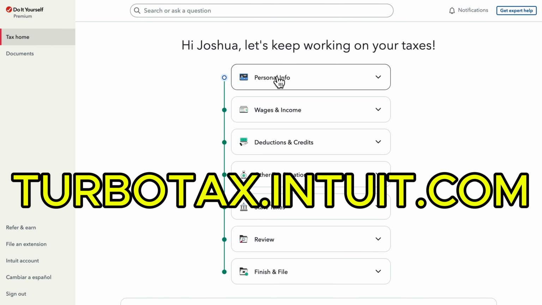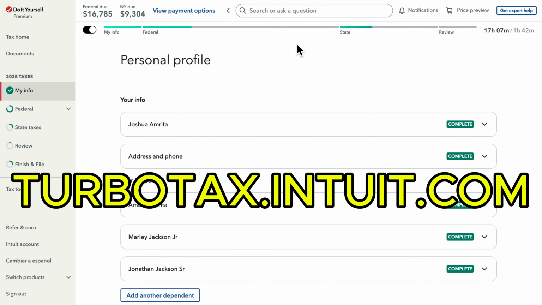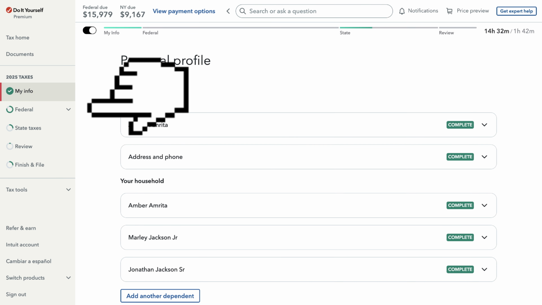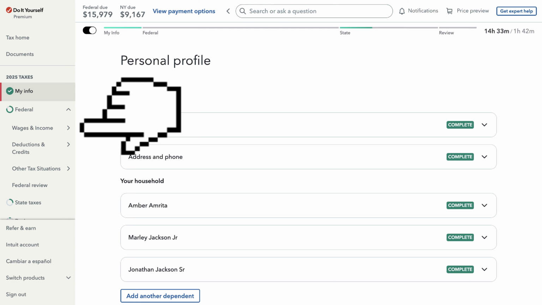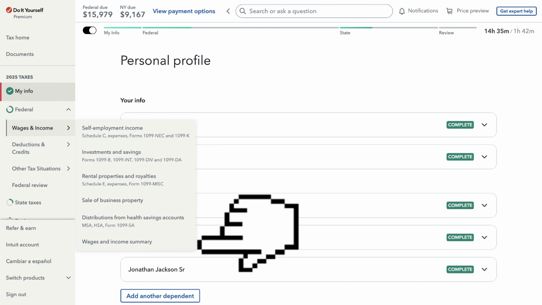After you sign in to your TurboTax account under turbotax.intuit.com, you want to click on this Federal button at the left side of your screen. Then click on Wages and Income just below it. While you hover your mouse over Wages and Income, you want to choose Wages and Income Summary, which